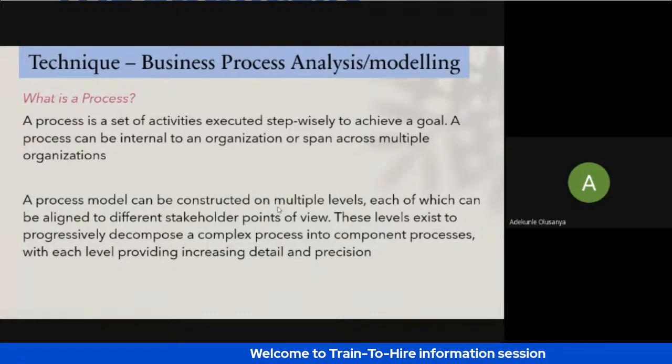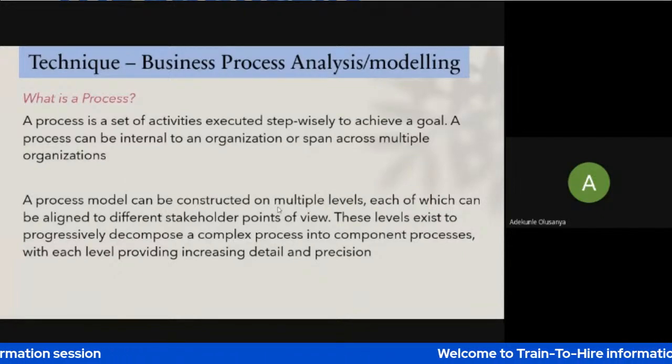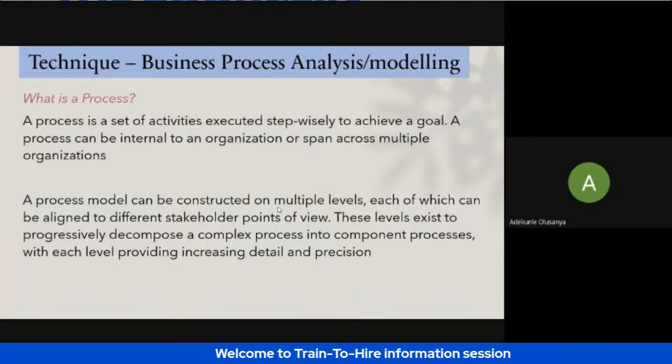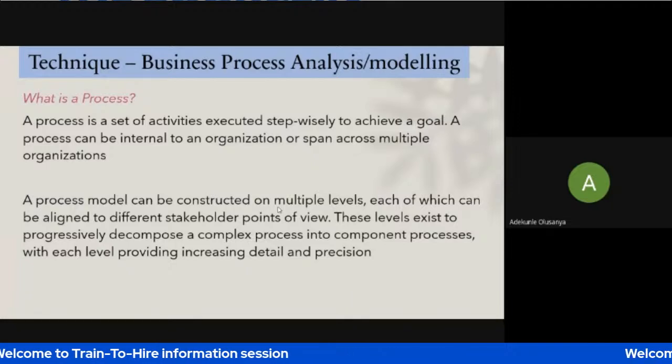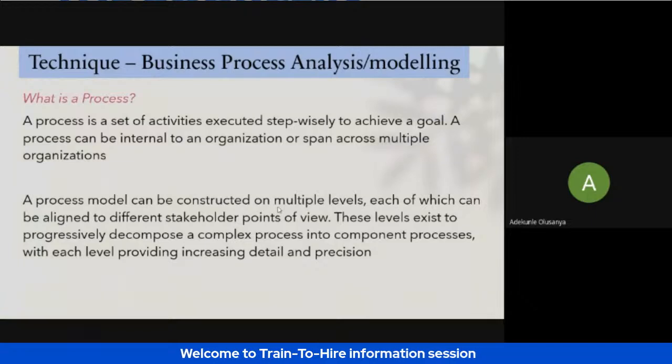Imagine, for instance, government agencies in Lagos. I want to believe all government agencies in Lagos pay tax to the Lagos State Internal Revenue Service. There are processes to doing that, and all the agencies in government will have to follow a certain process to remit the taxes to the coffers of the state or the federal government. The processes that they undertake are external to them.